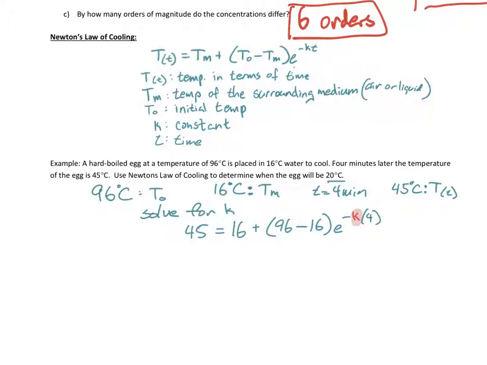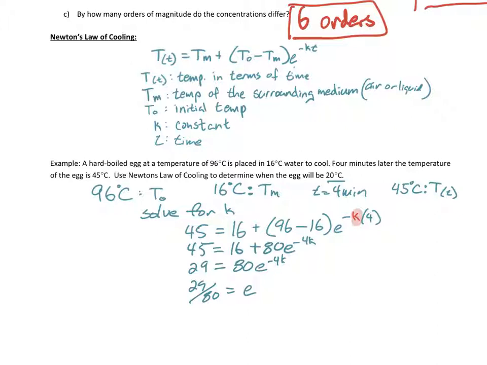I can also simplify, actually, let's simplify this first. This part right here, the parentheses, we can just go ahead and simplify that and make that 80. So I have 45 equals 16 plus 80. Then it might be more obvious what our exponential part is, but this is the exponential part right here that we need to get everything away from. So I'm going to subtract 16, and I get 29. Then I'm going to divide by 80, so now I have 29 divided by 80